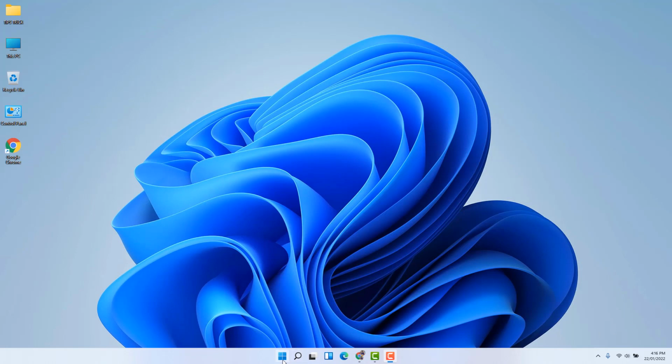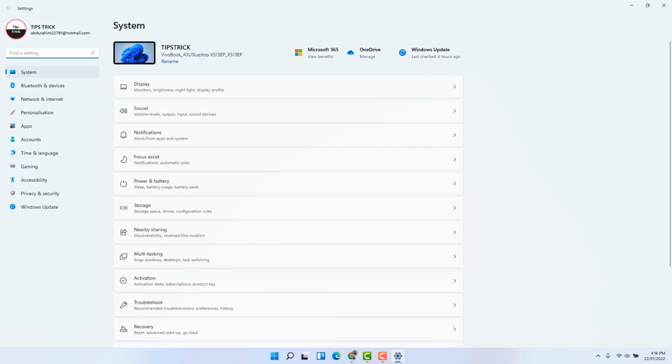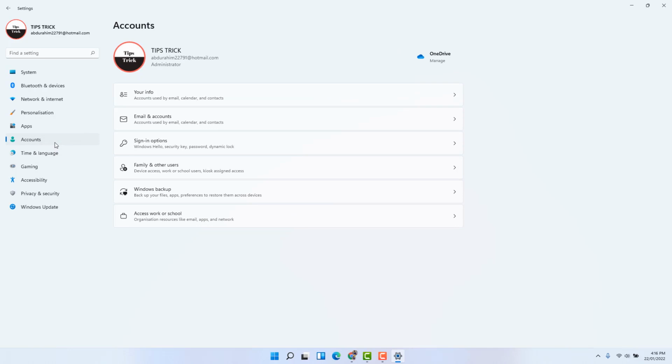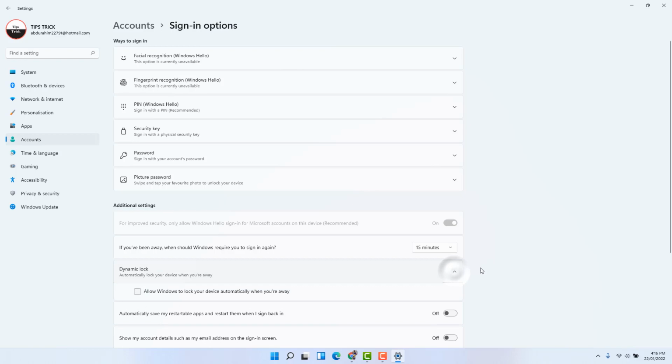You need to click on your start menu and then click here on settings, and then you're going to see a screen appear just like this. You need to click here on accounts. After clicking on accounts, on the right side you're going to find something called sign-in options. After clicking on sign-in options, you're going to find something called dynamic lock. So you're going to extend it and then click here to allow Windows to lock your device automatically